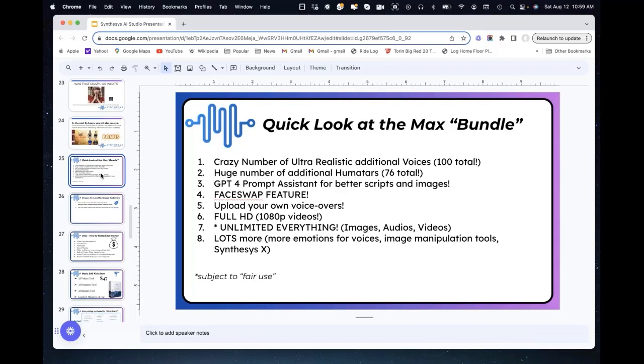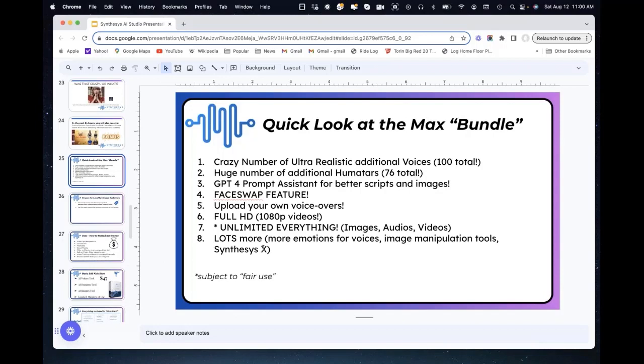The ability to upload your own voices is also included in this big package, and the full HD videos so that you could make those humitars really big and bring them into a professional video editor like I showed you before with that woman in the newsroom. Unlimited everything. I already explained that, and lots more.